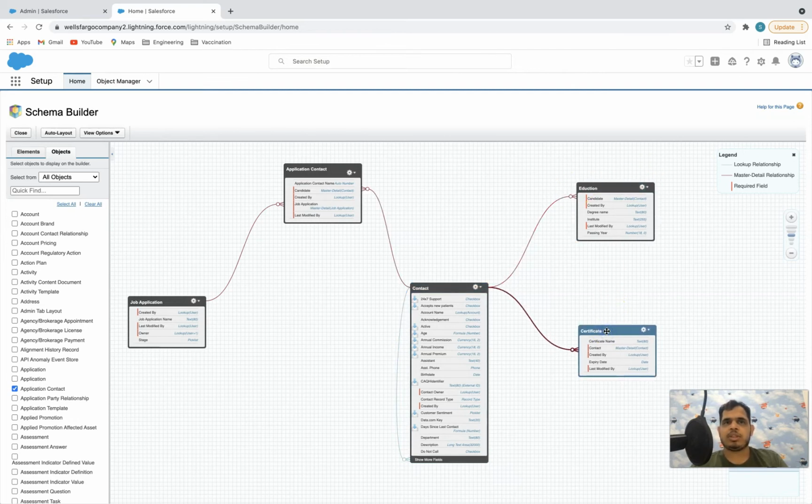If you think about how you would write the Apex for the same scenario: if you want to query just the certificate and then the contact and the parent, you can simply write a query, select Id from certificate, comma Contact.Name, comma Contact.Account.Name, right? So whatever we can do in a single query using Apex, we can do using the turbo extract. But if we need multiple queries in Apex, then we cannot do it using the turbo extract. We definitely need to go for the extract data raptor.